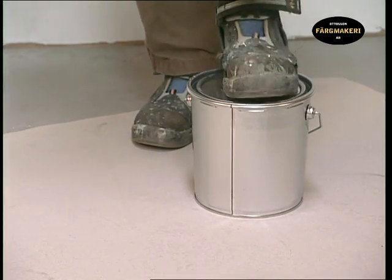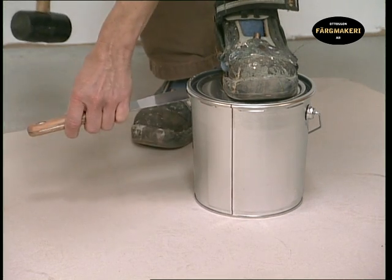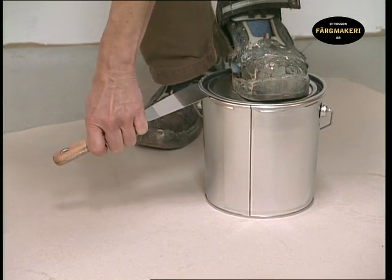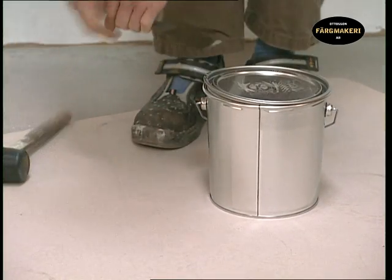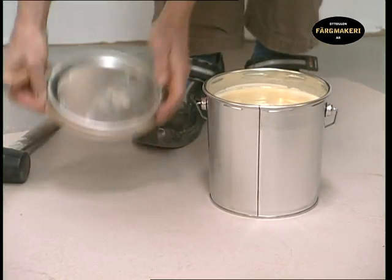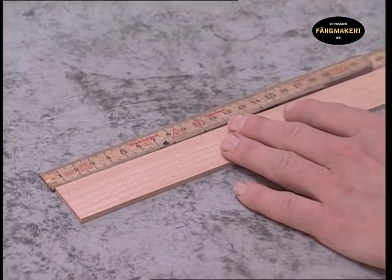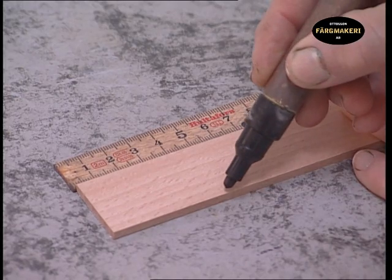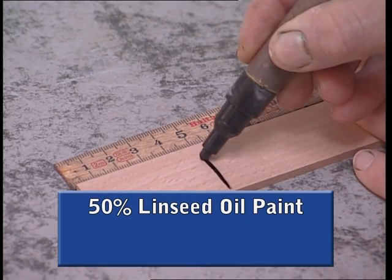The easiest way to open a paint pot is to place a foot firmly on it and then remove the lid using a putty knife and mallet. An undamaged lid is easy to put on again and will tightly seal the contents. Make a measure from the stick used for stirring. For painting on untreated wood, you need approximately 50% linseed oil paint,